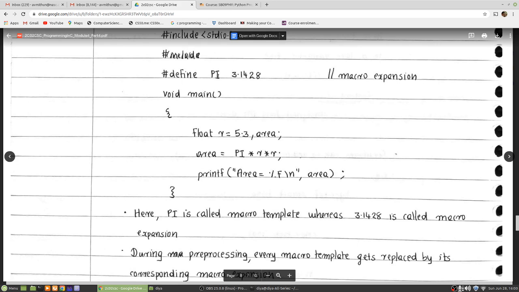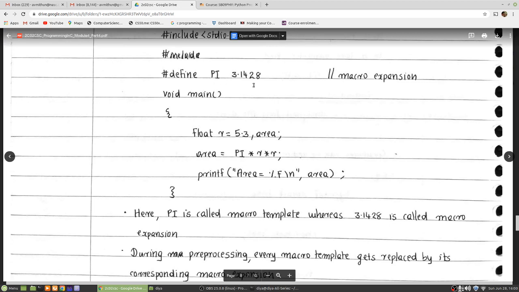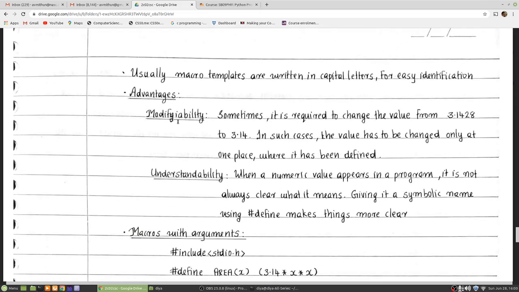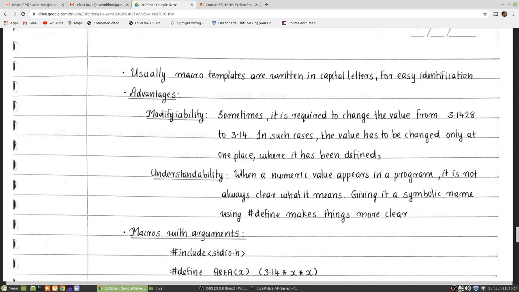If you are not using this macro expansion here, then you have to put 3.14 everywhere the program uses it. So that work is reduced considerably because you have to change only at one place. So that is an advantage. Once again, the advantages of using macros are, sometimes it is required to change the values from 3.1428 to 3.14. In such cases, the value has to be changed only at one place where it has been defined.